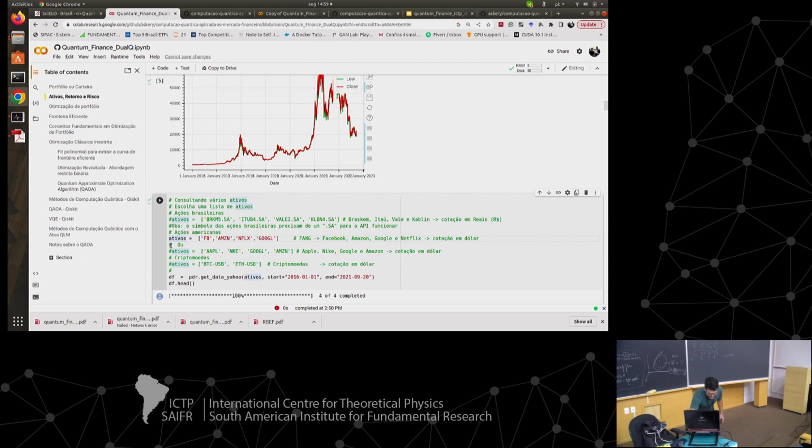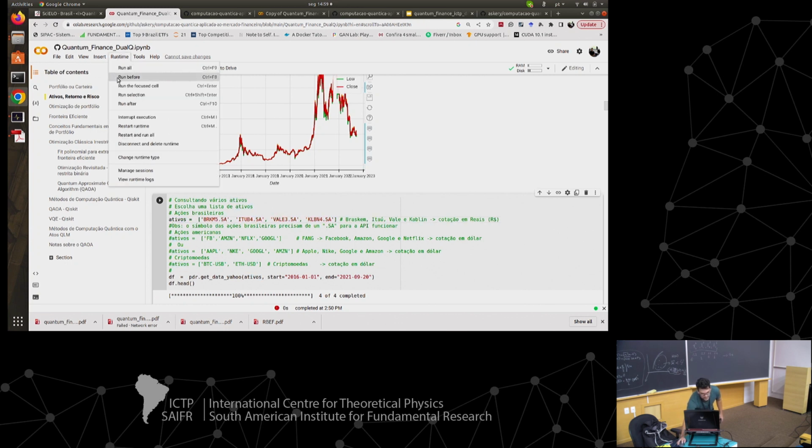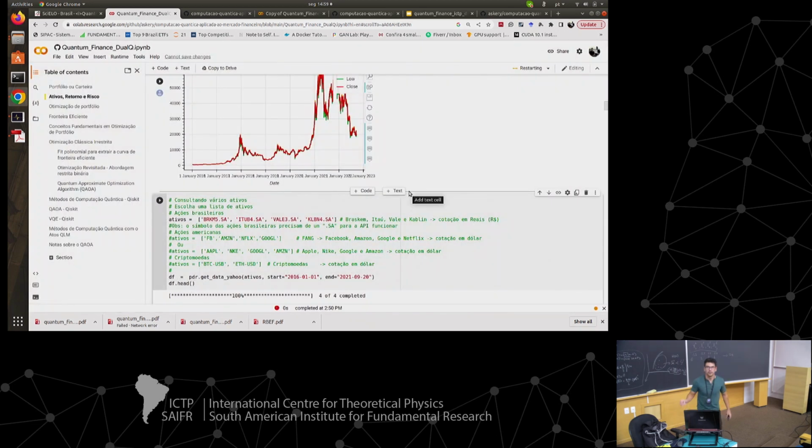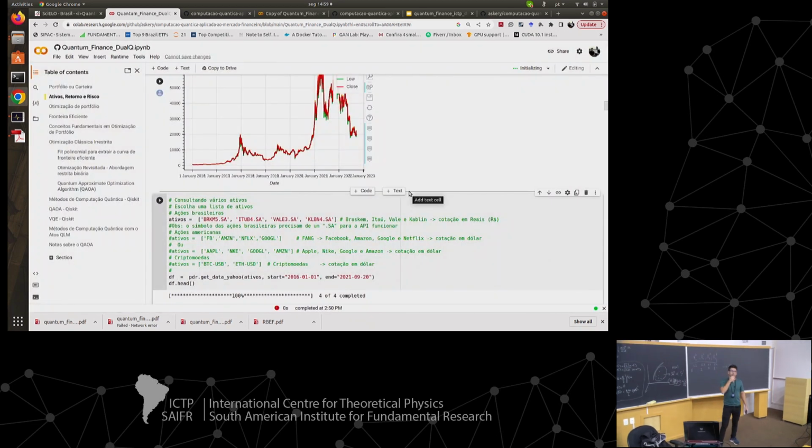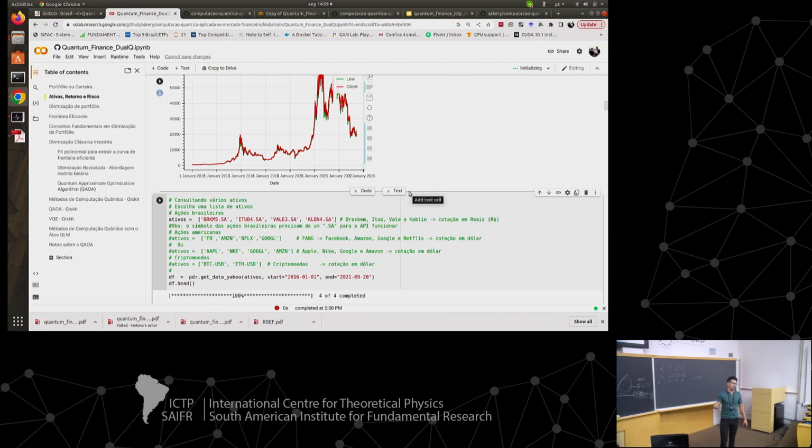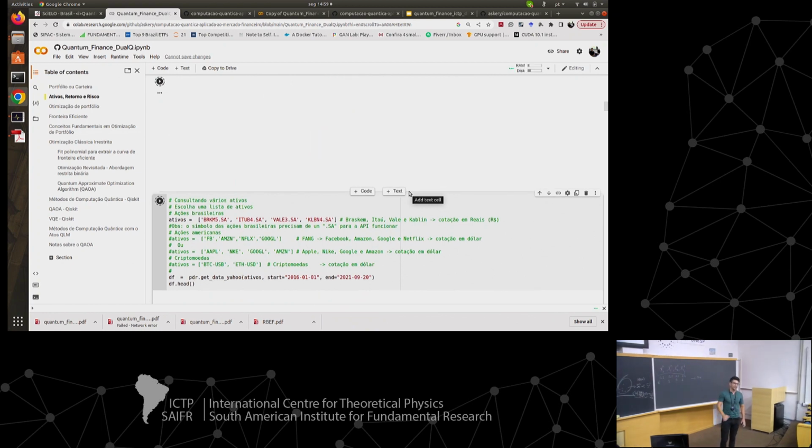To be honest, let me just comment here because it's not working. Then you can exercise to see why it's not working, maybe some step before. It's a good question. Until last year, Bovespa data was for free. It was so good. Tick data for free. Now they charge you.